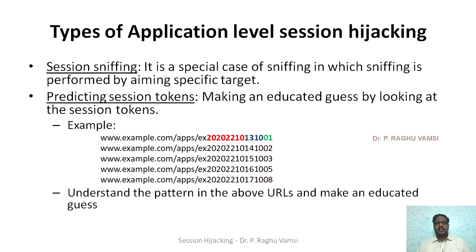So this is called session sniffing. Next, in the collected traffic itself, he may find various numericals such as session tokens, sequence numbers, acknowledgement numbers, and many other numbering things. So predicting session tokens deals with the identification of the pattern among the session tokens identified in the network traffic. This requires a lot of experience for the attacker, as he has to make an educated guess by looking at the session tokens.